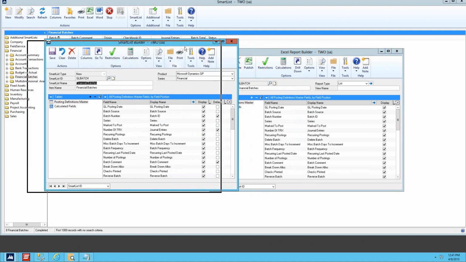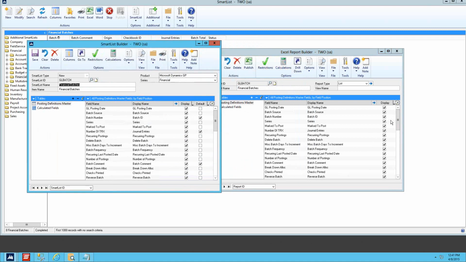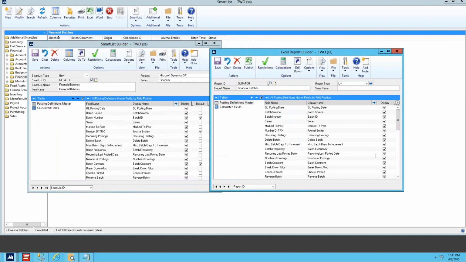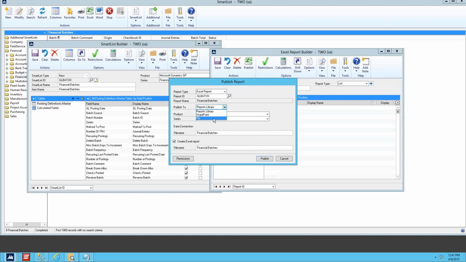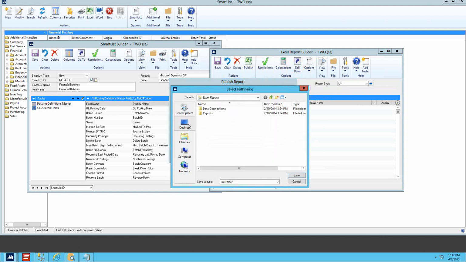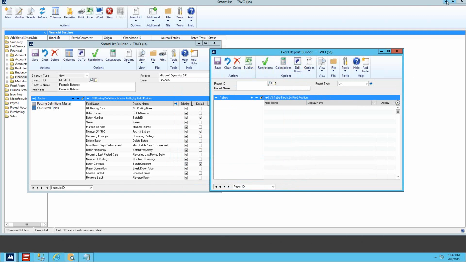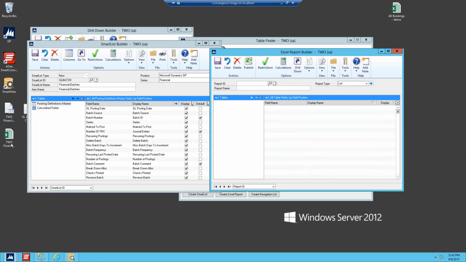The only differences we see really is I don't have a display in default here because Excel doesn't have a columns button. It's, do you want the field on your report or not? You need to choose that option. I can still reorder my columns, and so let's move batch ID up to the top, and I'll just put in a view name there and publish this, and we'll see quickly that we have this same refreshable report. I'm just going to go to my desktop so we can quickly find it. And now I have that report on my desktop